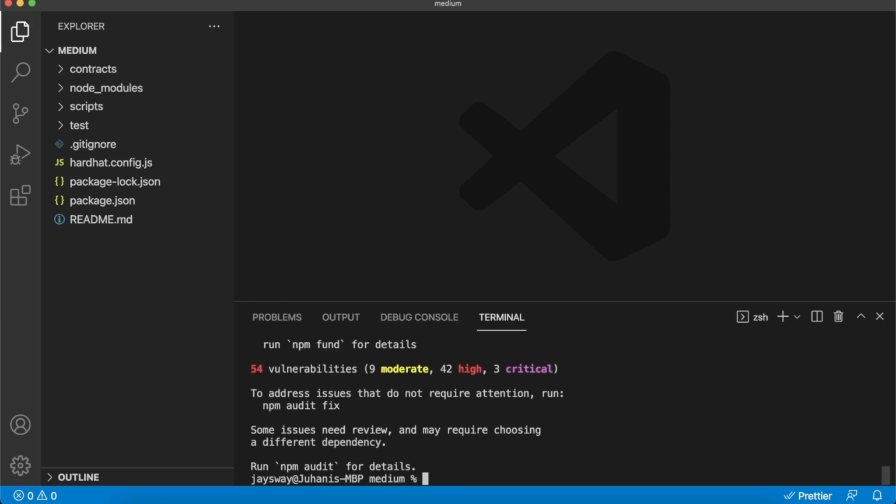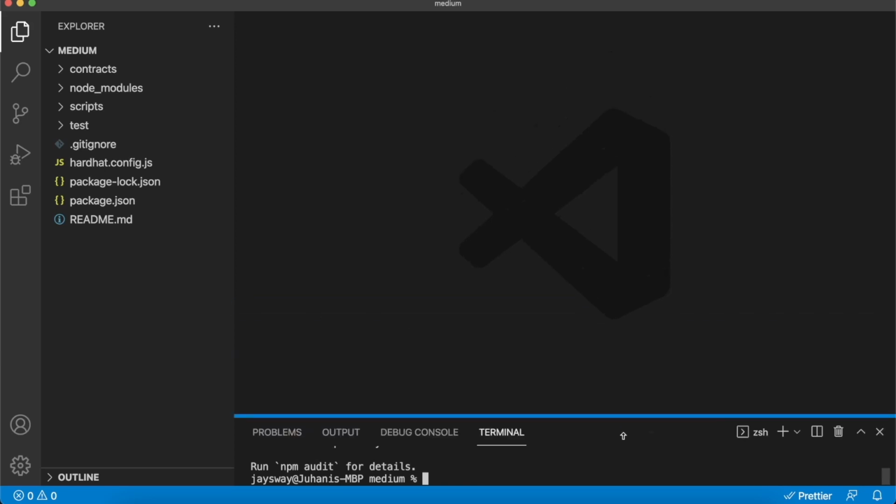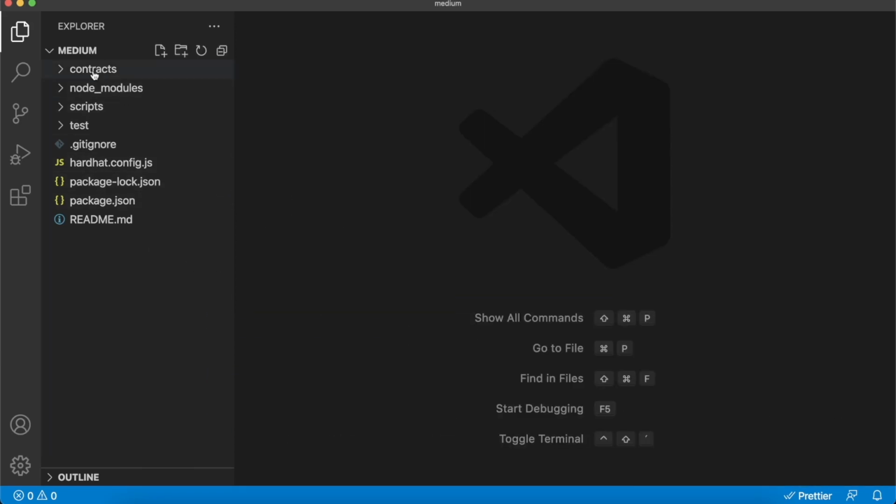And finally, for purposes of verifying our smart contract, we'll need Hardhat Etherscan from Nomic Labs. So npm i -D @nomiclabs/hardhat-etherscan. Beautiful, and now we have all the dependencies and our project ready, so you can jump into your contracts